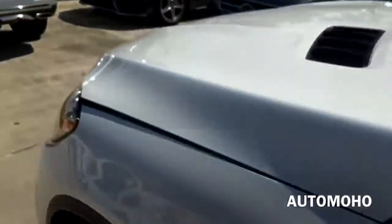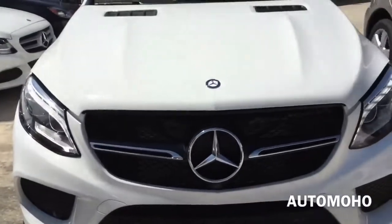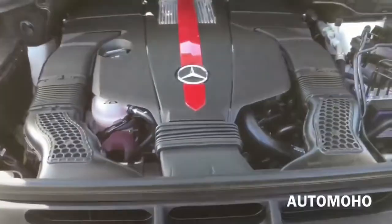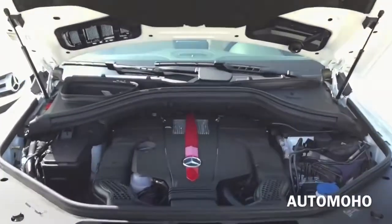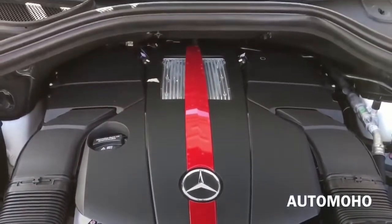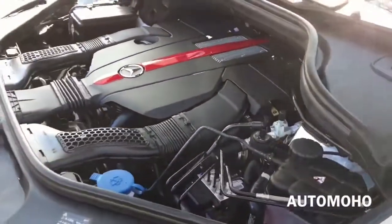Now let's pop the hood and see what the 2016 GLE450 have to offer. Under the hood is a 3-liter bi-turbo V6 engine with direct fuel injection, 9-speed automatic transmission with steering wheel mounted paddle shifter, AMG Performance 4MATIC all-wheel drive system with eco start and stop system, as well as dynamic select controller,